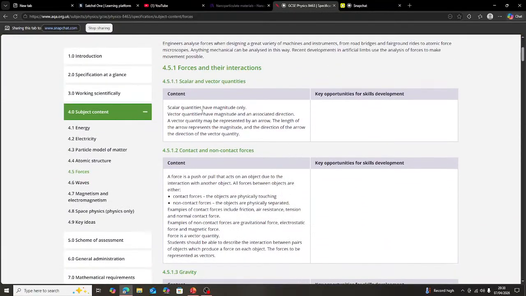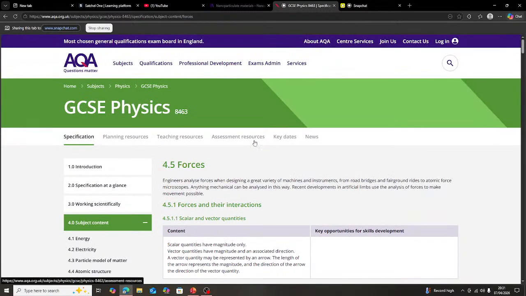Alright, so as we went through in the starter, scalar has magnitude, vector has magnitude and direction. I am going to go through some quantities and you have to tell me if they are scalar or vector. You ready? Alright, let's start with velocity. That is vector. So what would be the speed version of velocity? Oh, I just said it.